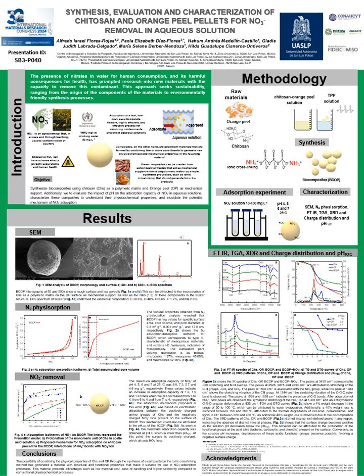Conclusions. The possibility of combining the physical properties of chitosan and orange peel through the synthesis of a composite by the ionic cross-linking method has generated a material with structural and functional properties that make it suitable for use in nitrate adsorption processes. The material presents advantages such as low material cost, ease of handling, and higher selectivity compared to conventional